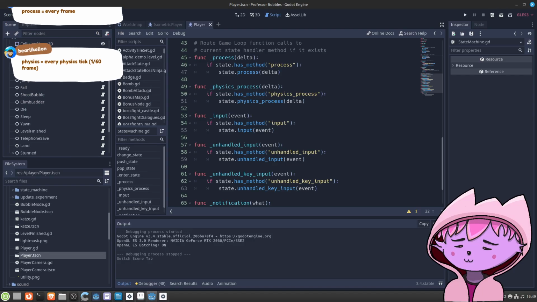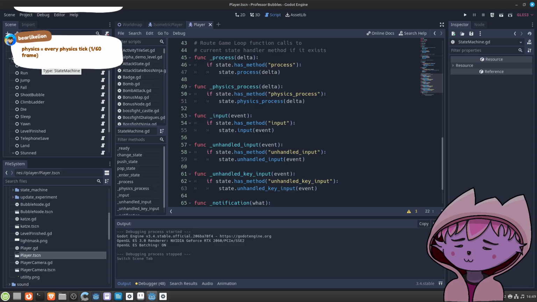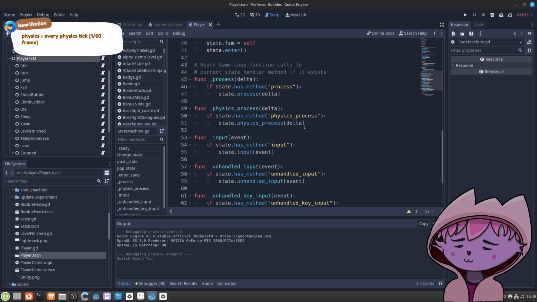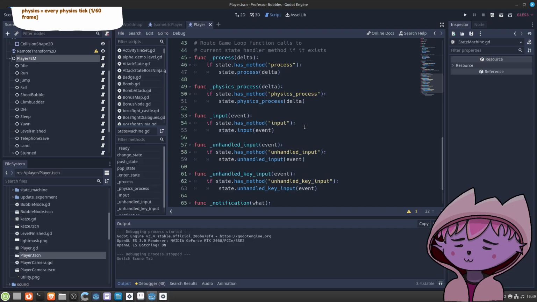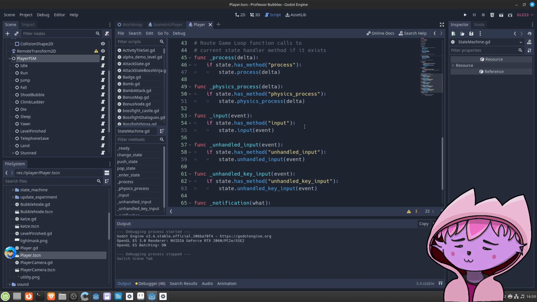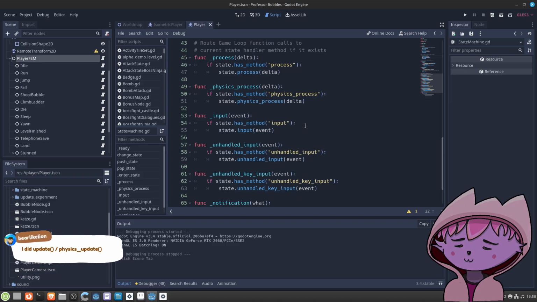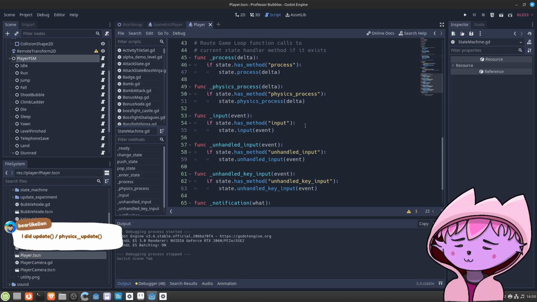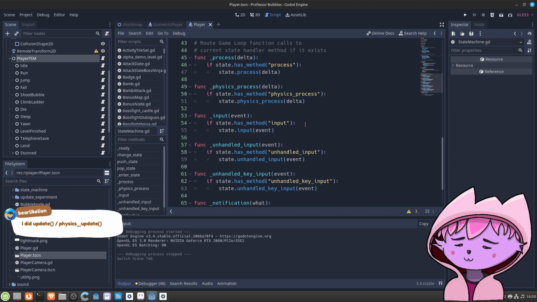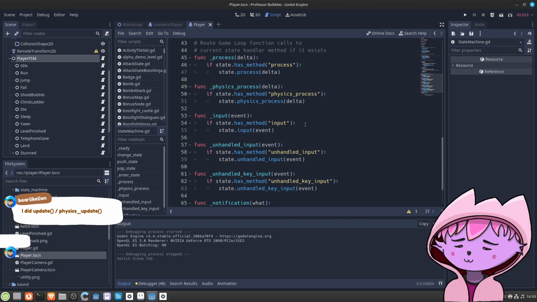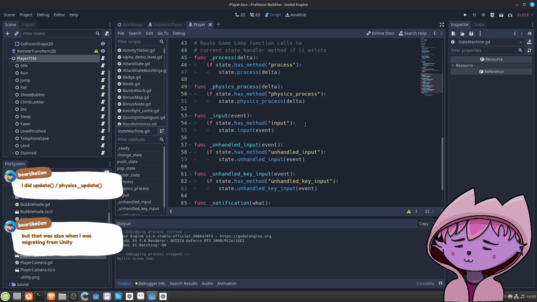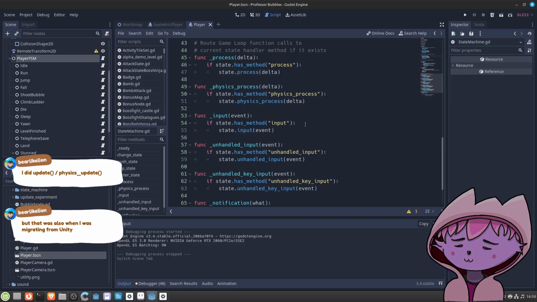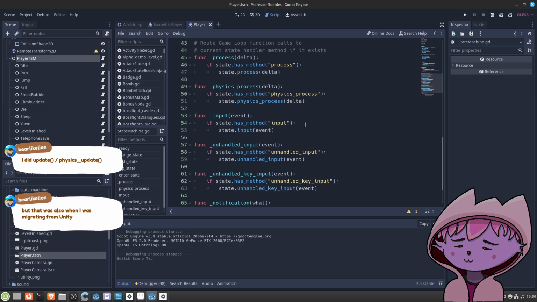It's this orchestration script. I did update and physics update. Oh, okay, yeah, that sounds good. That was also when I was migrating from Unity.